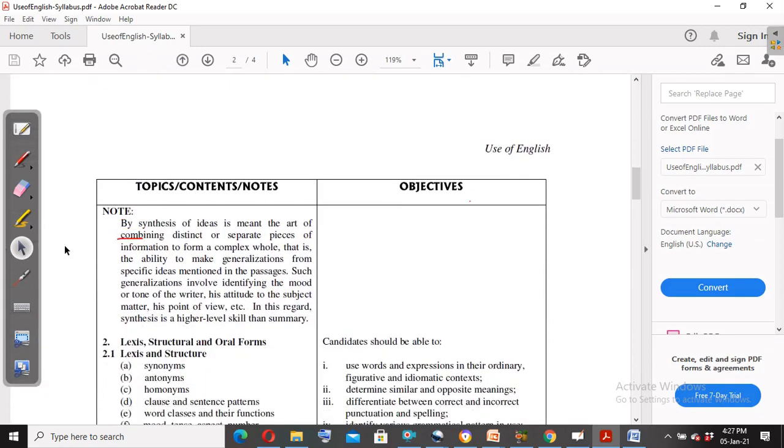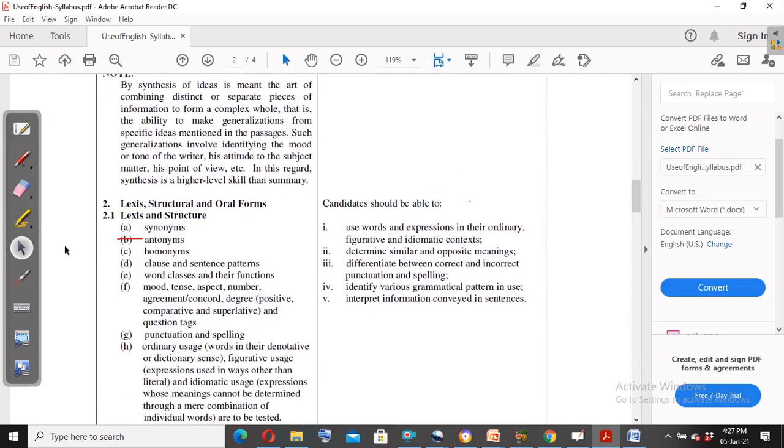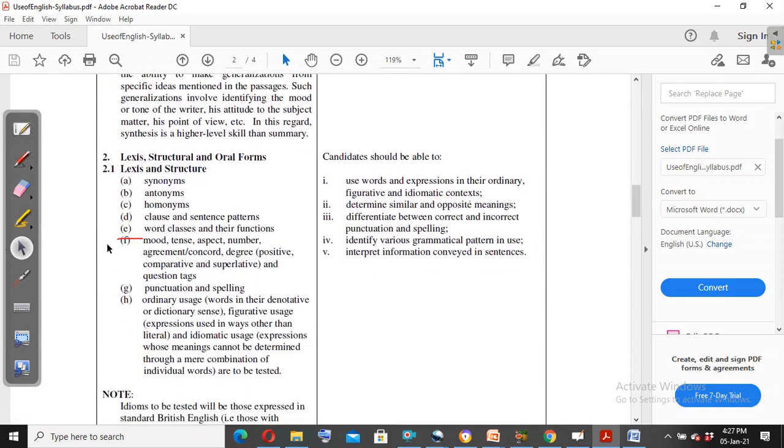Now, let's look at the lexis, structure, and oral forms. Lexis and structure will provide questions on synonyms, antonyms, homonyms, clause and sentence patterns, word classes and their functions, mood, tense, aspect, number, agreement/concord, degree, positive, comparative, and superlative, and then